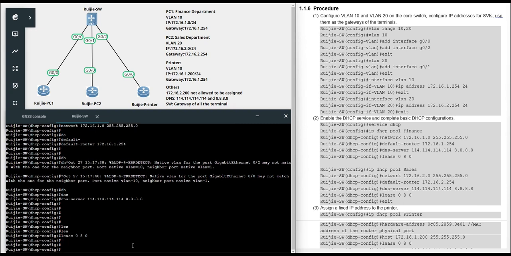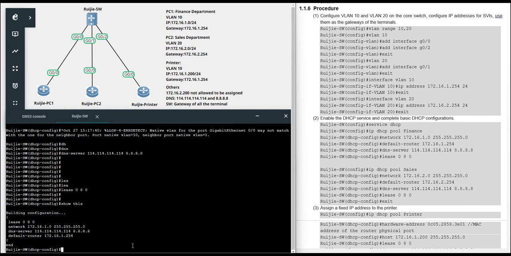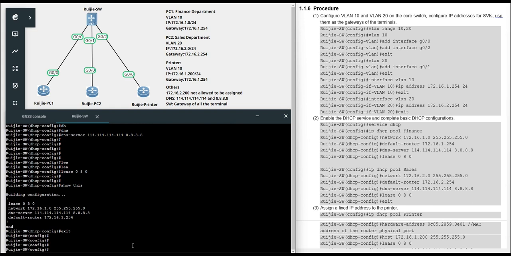So this is the basic configuration of the DHCP. After finishing the configuration, you can use the command show this to see all the details. It's very easy, right?